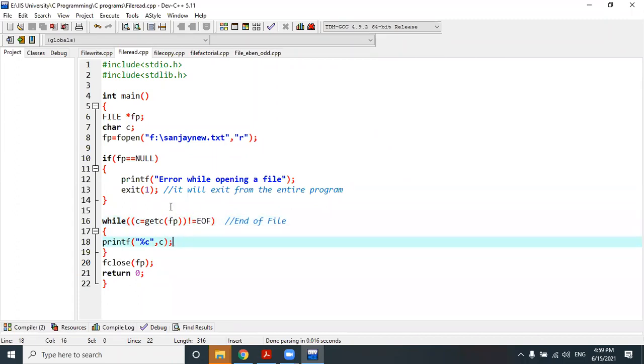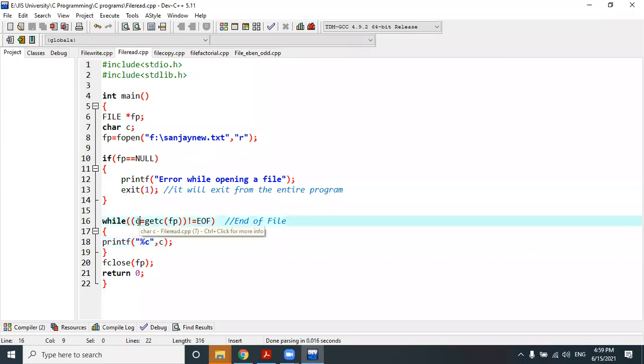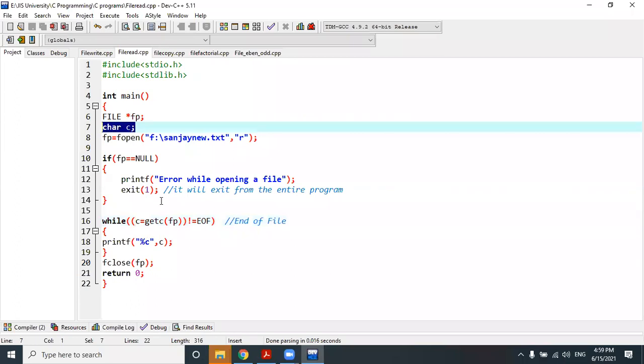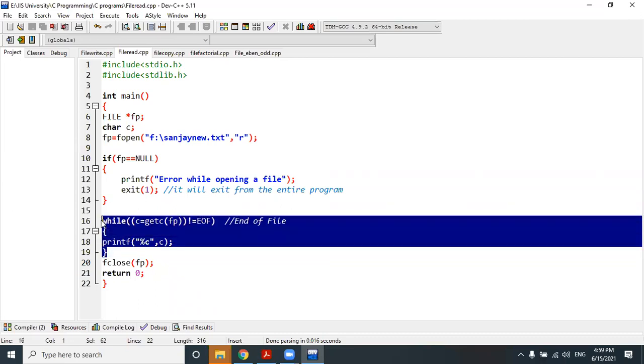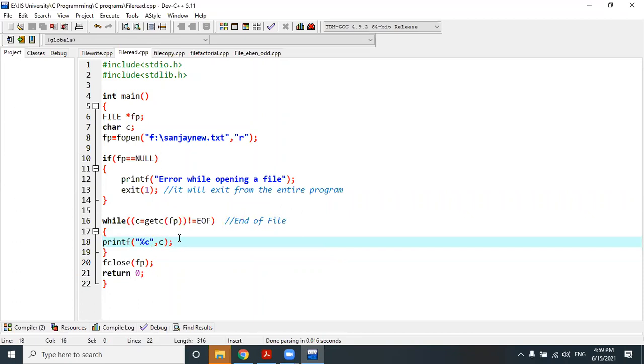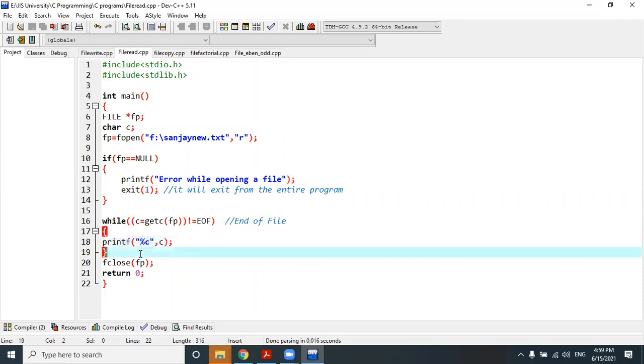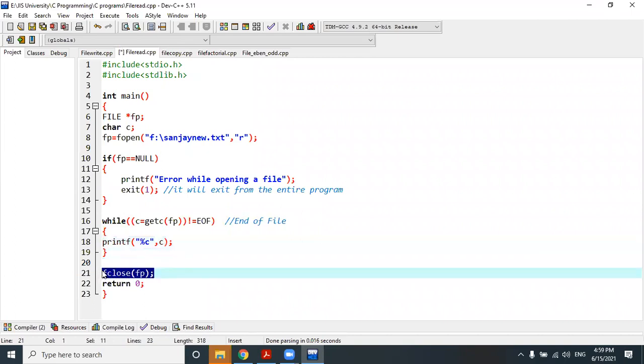Each and every character it reads is stored into the variable c. c is which type of variable? A character type variable. So it will simply print one character at a time, reading each character one by one until it reaches the end of file. I think it is clear to you. This is a very simple operation, just like the string reading operation with \0. And then we perform the fclose function to close the opened file pointer. So I will run this code.